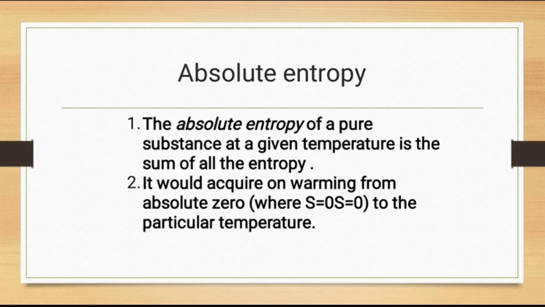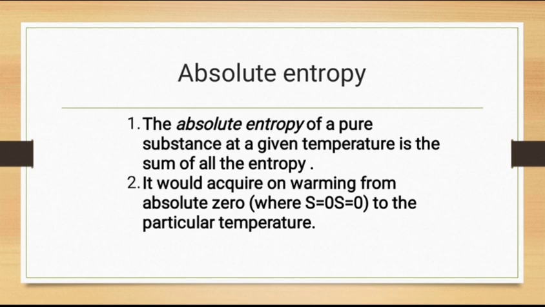So the entropy of a substance at a temperature must be greater than its entropy at absolute 0. And yes, it's called the absolute entropy of a substance at temperature T. Sometimes the symbol S can be written as S with a suffix of the temperature T. So, S_T is called the absolute entropy of a substance at temperature T.